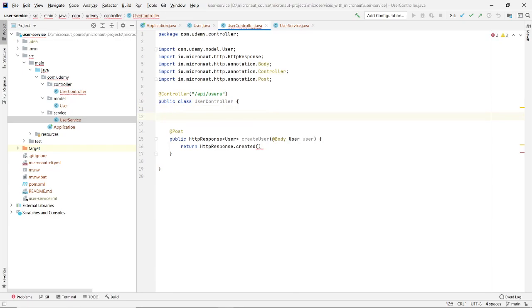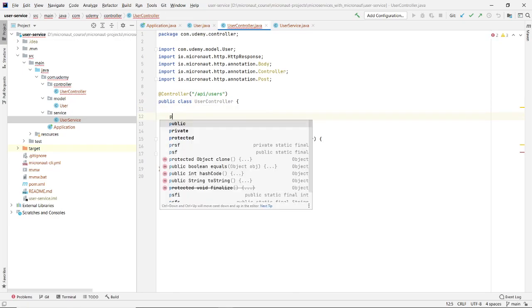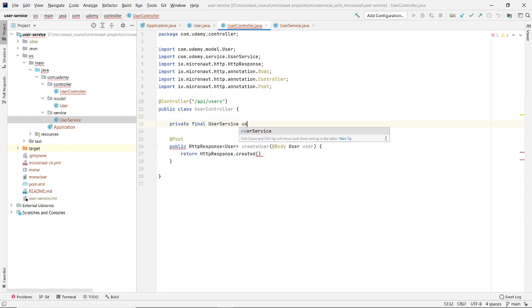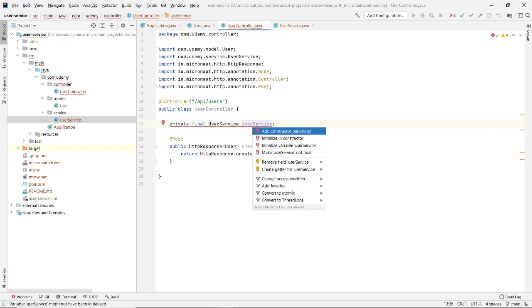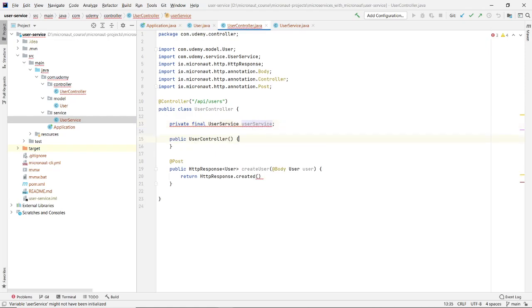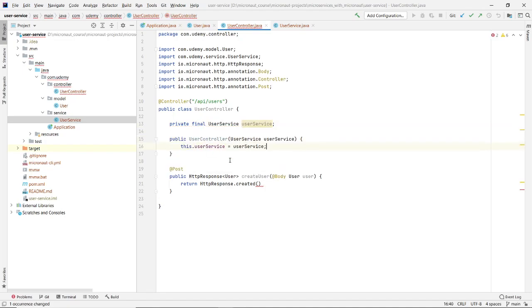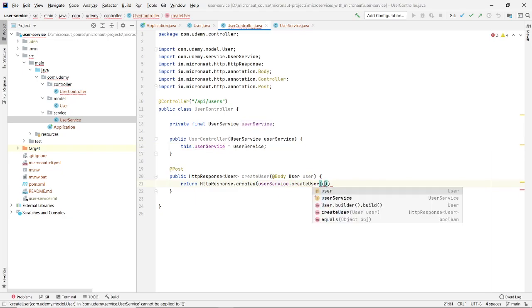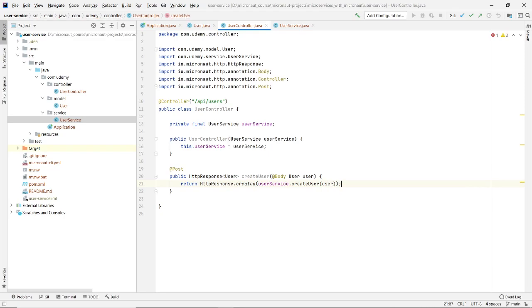So for that we will have to inject the dependency of user service that we can do using constructor injection, user service, and add it using constructor parameter, and we can call the user service dot create user, pass the user created to it, and that's it. Created means 201, which is the status code generally used when we create an entity on server side.